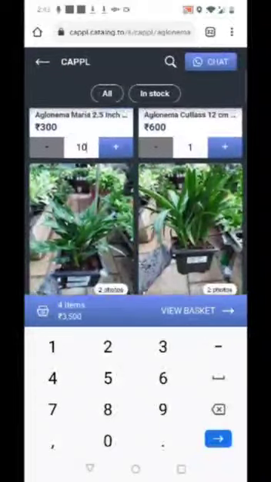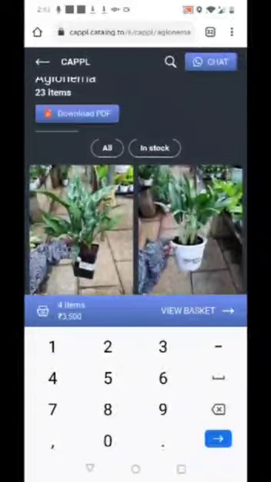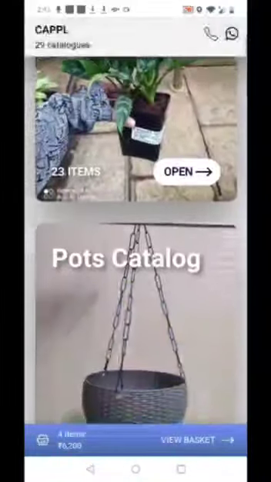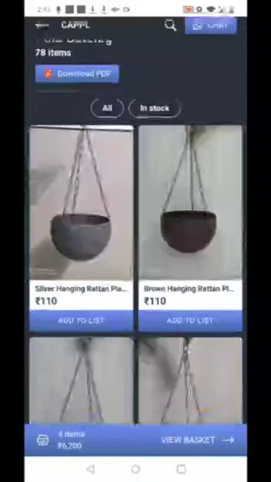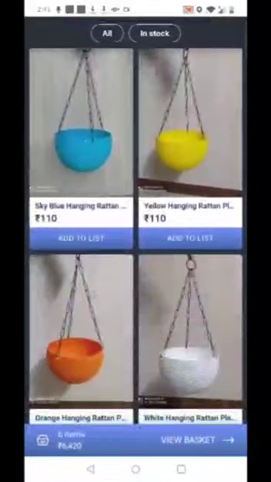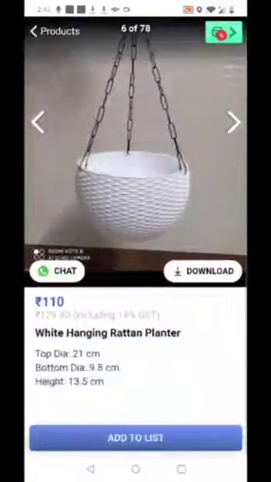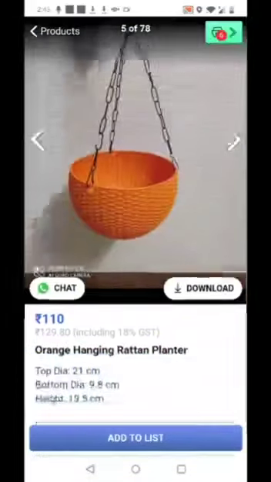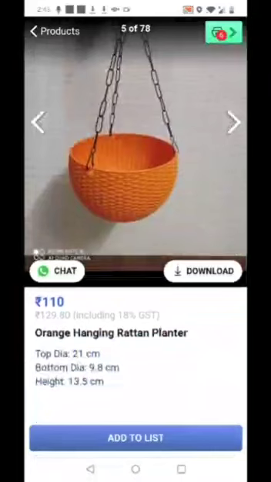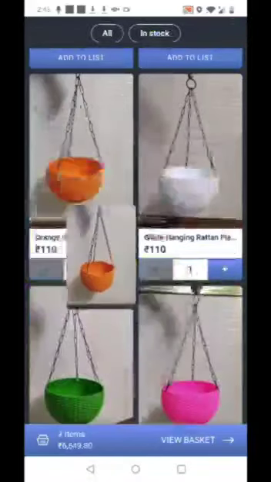Say apart from aglaonema, you are interested in products from other categories. You just go back and add products from other categories too. If you need the details of this particular item, you could just click on this and the dimensions and all the other details are given here. So you could just add from here,